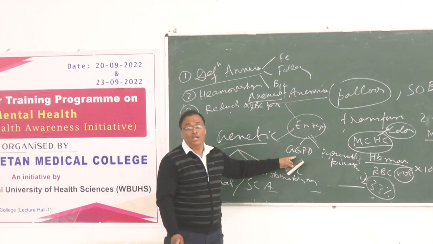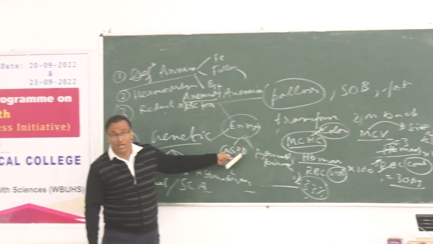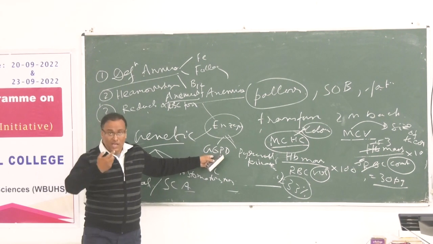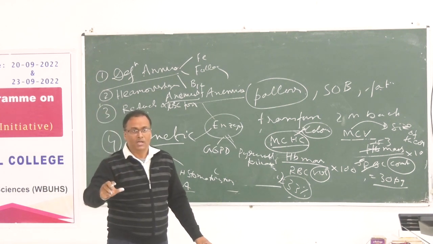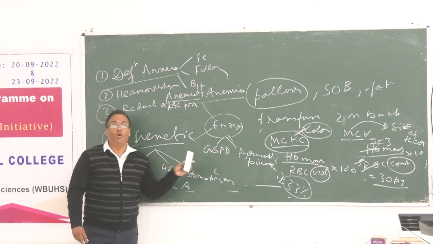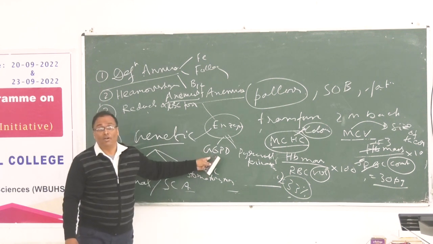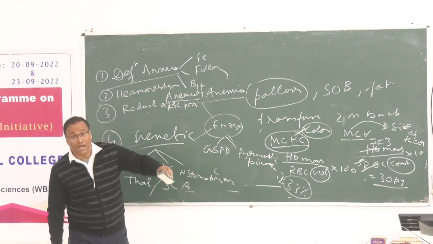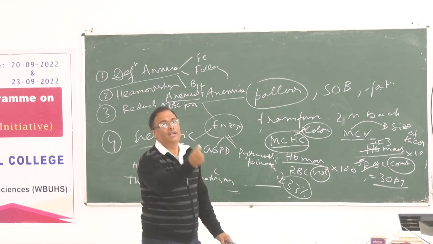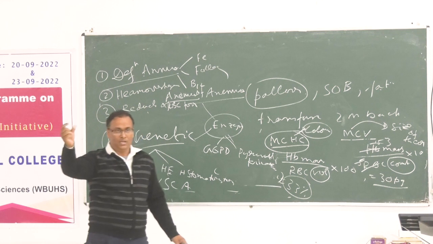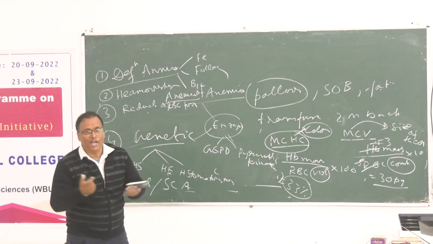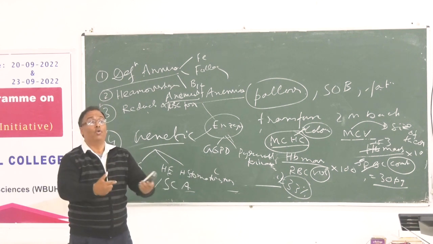Test for glucose 6-phosphate dehydrogenase deficiency before giving certain classes of drugs. Those who know this will prescribe accordingly. If I prescribe primaquine to a child, then I definitely go for investigation in case of that specific disease. Before giving primaquine, I advise the test. It's a simple thing, and if the parents did not do that test, no problem, for their huge loss I have no problem, because I have written it. So you have to write after your knowledge.